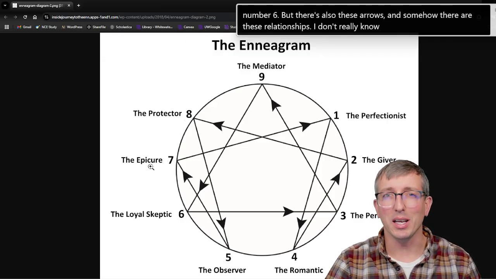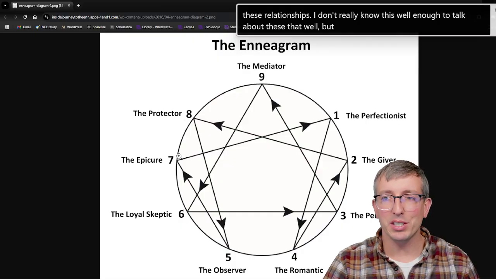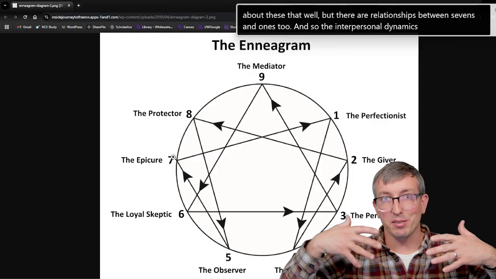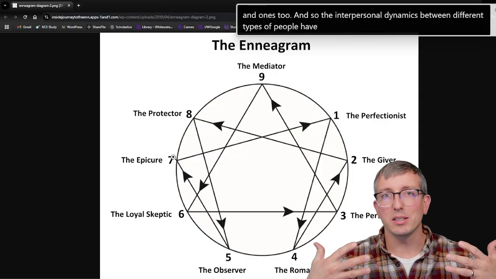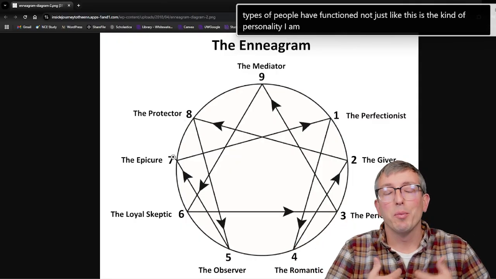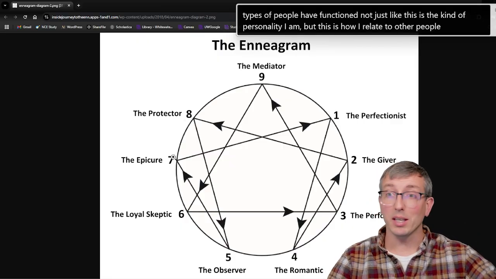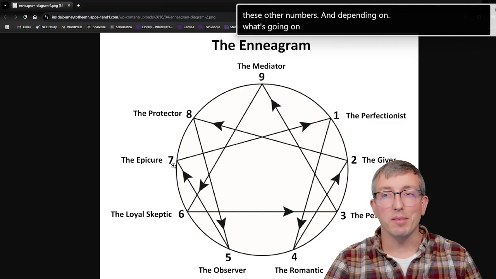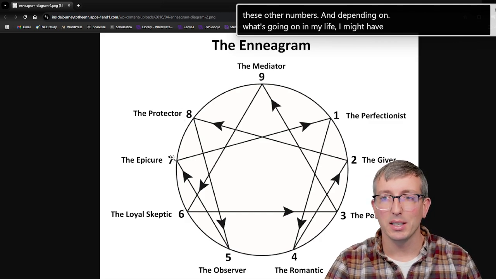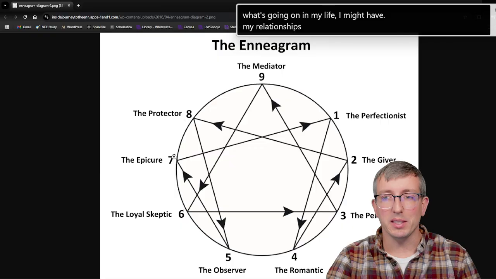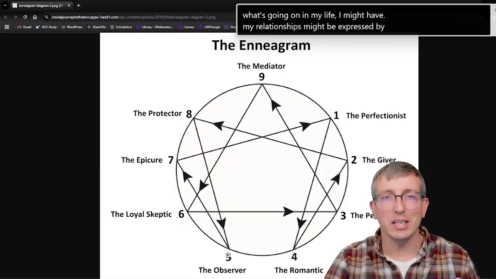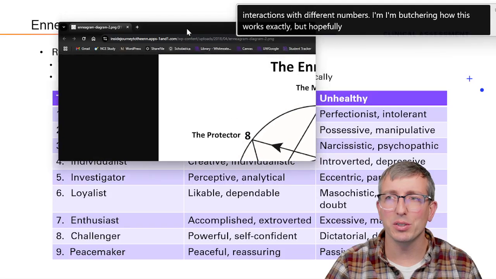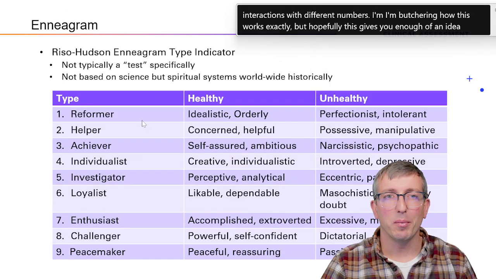I don't really know this well enough to talk about these that well, but there are relationships between 7s and 1s too. And so the interpersonal dynamics between different types of people function not just as this is the kind of personality I am, but this is how I relate to other people, particularly these other numbers. And depending on what's going on in my life, my relationships might be expressed by certain interactions with different numbers. I'm butchering how this works exactly, but hopefully this gives you enough of an idea